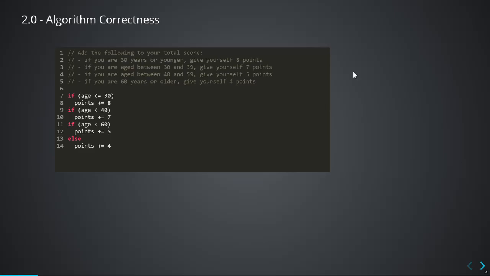So if you're younger than 30, then you give yourself 8 points. If you're between 30 and 39, instead you give 7 points. 40 to 59, you give 5 points. And the code there, I can kind of see how the mistake came up, because maybe the writer was thinking,